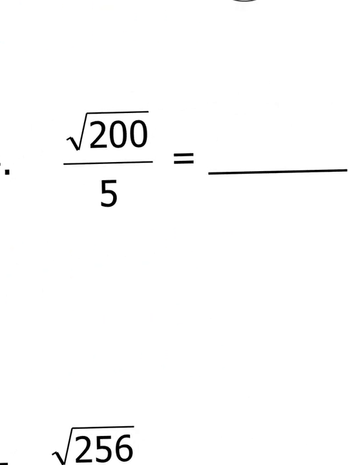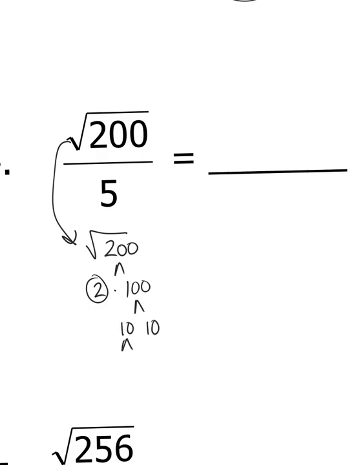24. Let's see if we could break down just the top. I wouldn't want to put this whole thing into a square root because this is not a square rooted number. I'm just square rooting 200. So let's work with the top really quick. I've got the square root of 200, which I would say is the same as 2 times 100. And 100 is the same as 10 times 10, which breaks down to 5 times 2. So that means that I have the square root of 1, 2, 3 2's